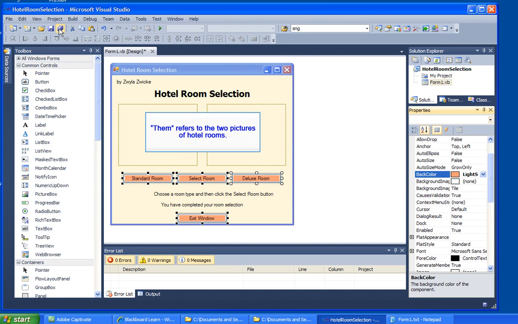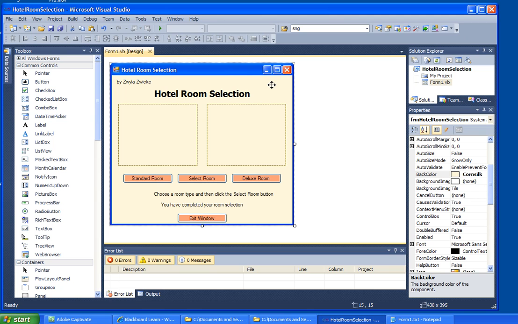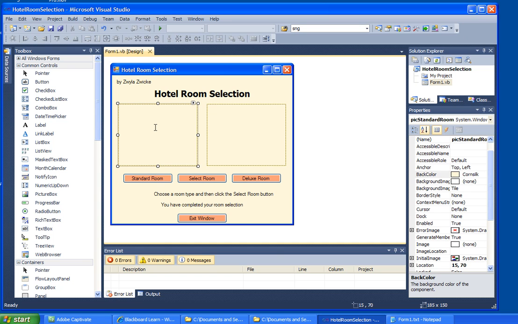Then it says to download them. Okay, I already pre-did that. And now you must import them into the Pictures folders. You know what? Deselect your buttons. It seems like the menus work a little bit better if you don't have the wrong thing selected. You must import them into the Resources folder. This is on 162. And specify the picture box where they will be displayed. So, select the Standard Room picture box. In its Properties window,